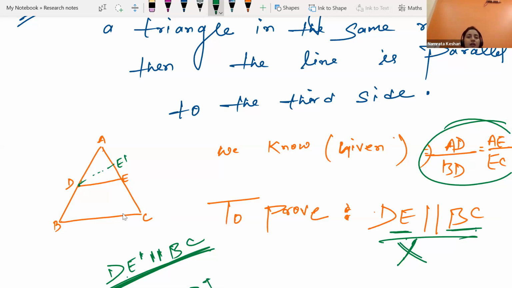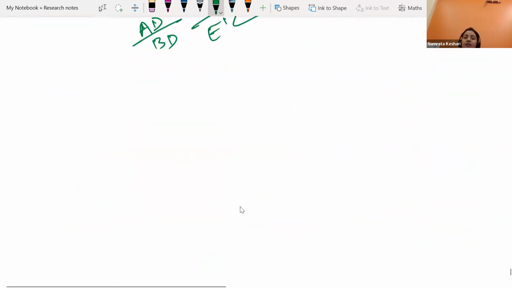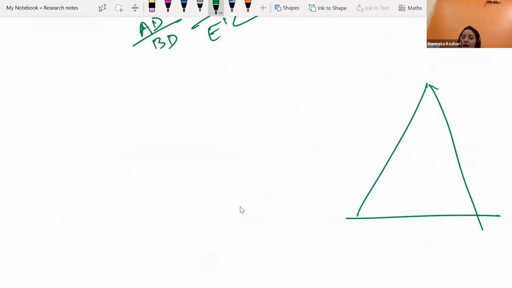DE is not parallel to BC. There is a random line, another line DE dash, which is parallel to BC. We are having a triangle ABC. It was given to us